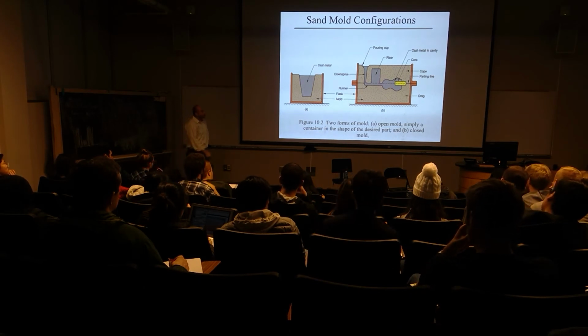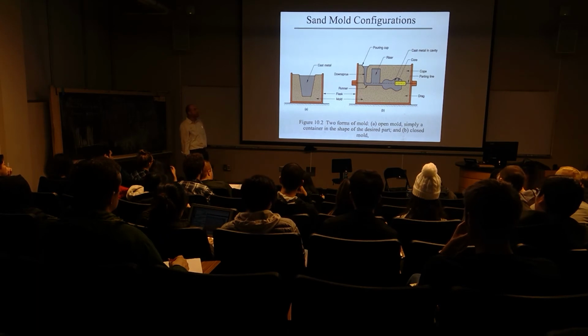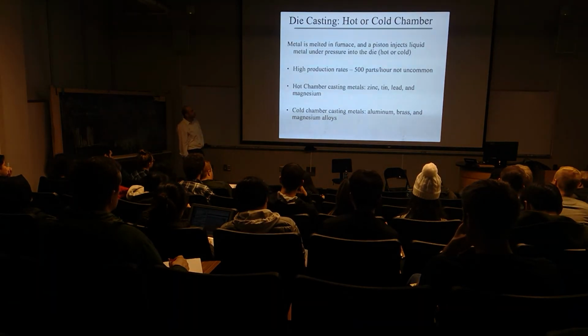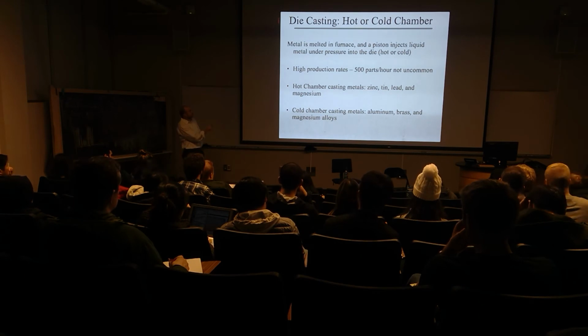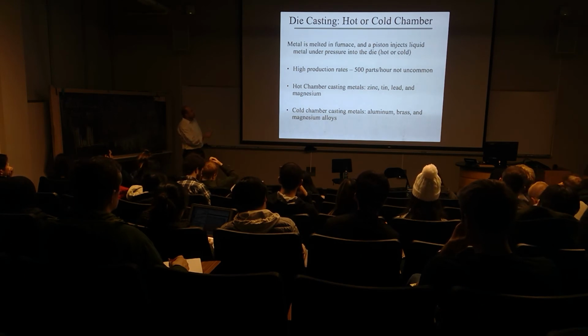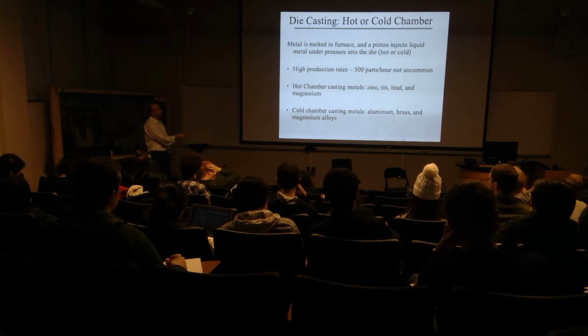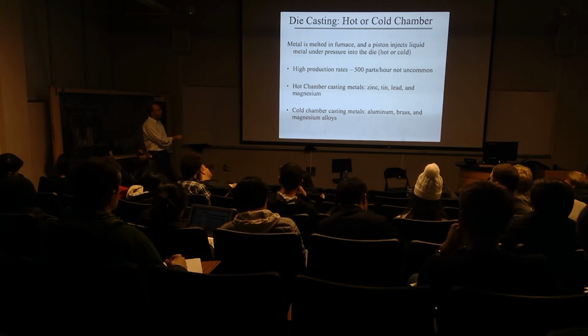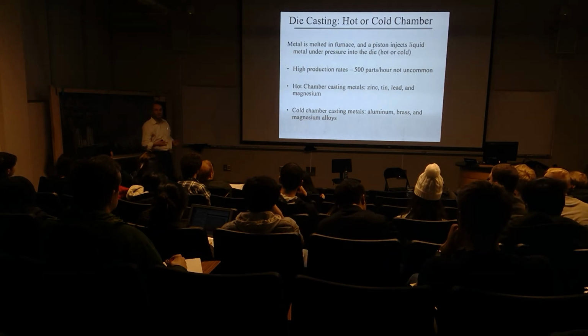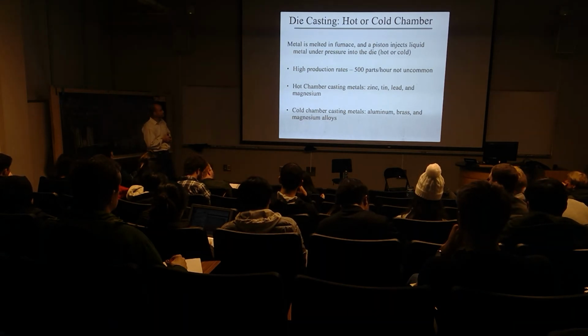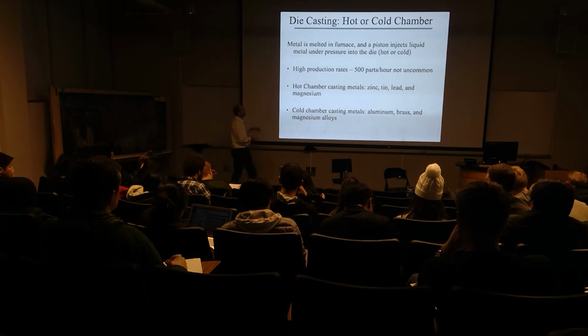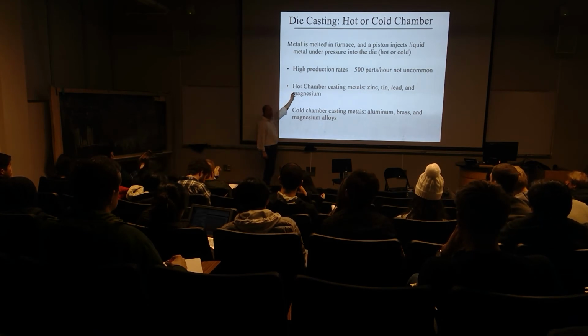And that can cause problems with the metal not completely filling the mold cavity, getting what's called an incomplete runner or a misrun. That's one of the advantages of using, for example, a permanent mold process or a die casting process. In this case, we're melting the metal in the furnace, but we're going to pressurize the metal at much, much greater pressures to be able to get complete filling capacity, right? And that results in higher production rates because of the automation, but it also results, to some extent, in a slight difference in the kind of metals that we can